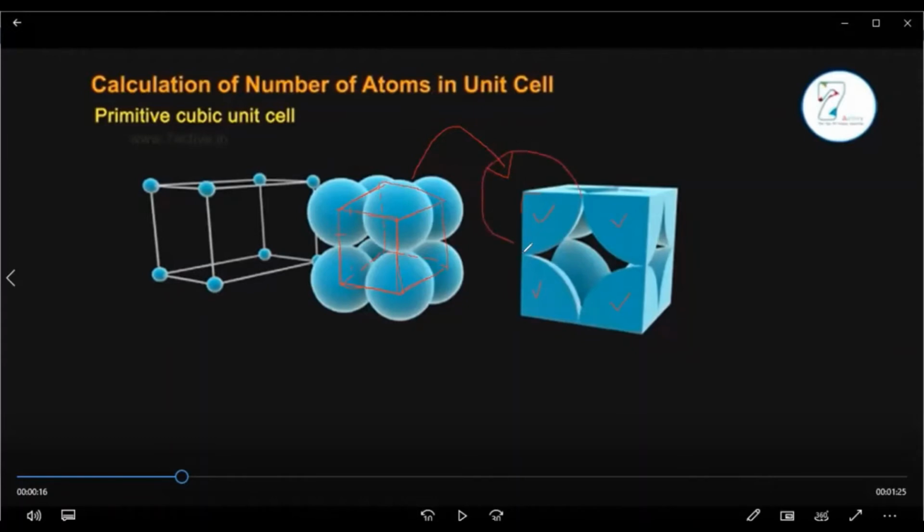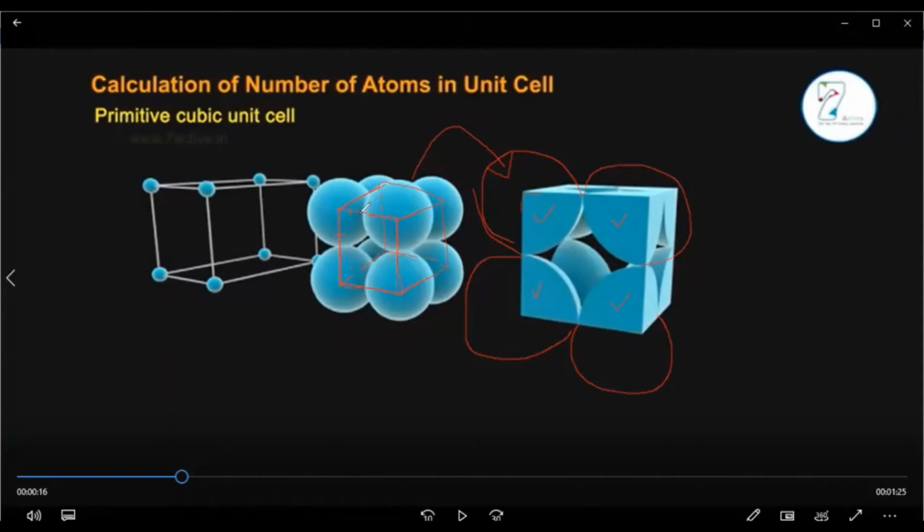If I assume this atom as this, this will be the atom, right? Similarly, this atom will be something like this. This atom will be something like this, and here this will be something like this, right? Similar case in the back side also. So front side 4, back side 4. So now see, if I draw this one completely, I can obtain this diagram, right? So by drawing these lines,